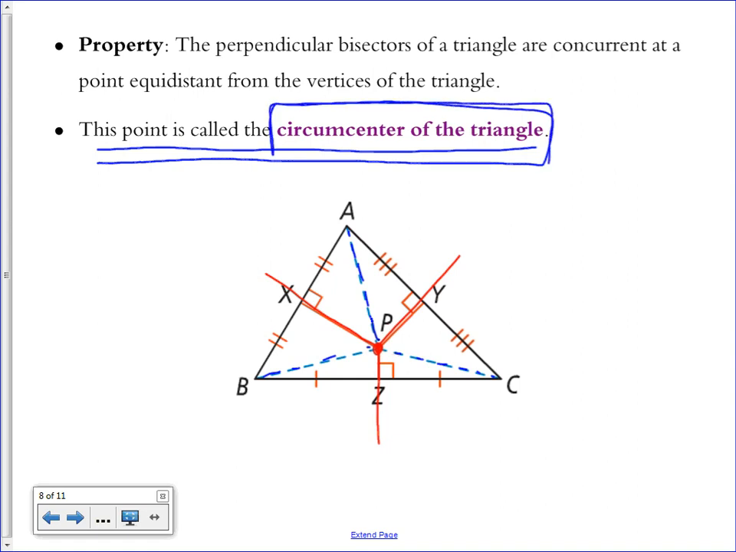So how do we form the circumcenter of the triangle? We construct the perpendicular bisector of each side and connect them. You'll find that they all intersect at the same point, and that point is called the circumcenter of the triangle. It has another very special property, which is that when you have the circumcenter of the triangle drawn, if you